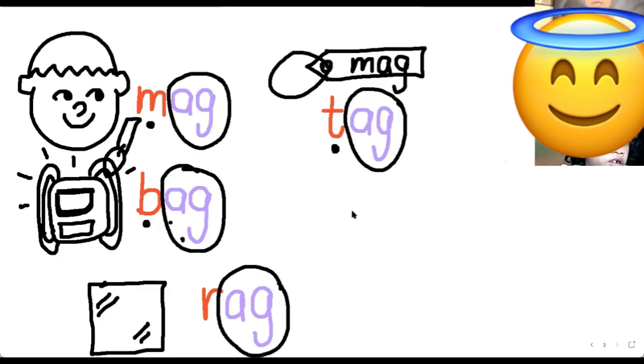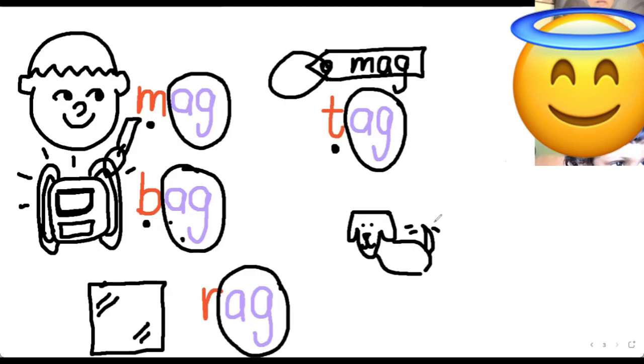and he had a sweet little puppy. Sweet little puppy. Let me draw that sweet little puppy. And this puppy, what do puppies do when they are very happy? Do you know? What do they do when they are very happy? They move their tail. Have you seen puppies moving their tail?